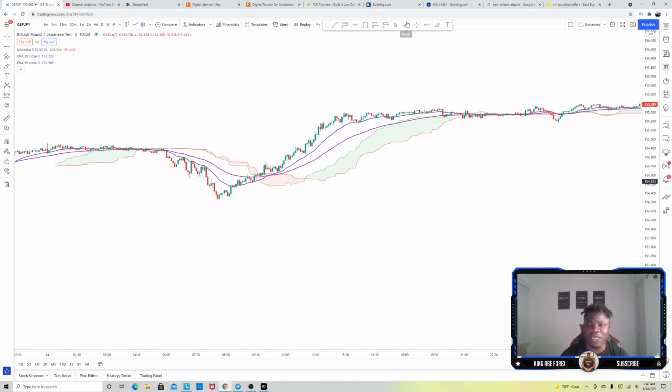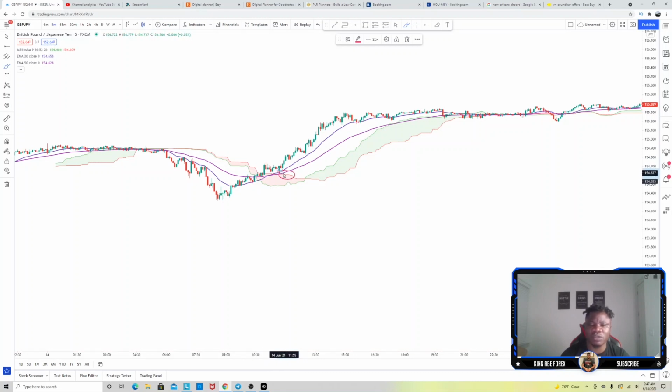Once we have that confirmation, because we need to make sure that price is actually trending before we get in the trade. Now once you have the cross, once the 20 crosses the 50 EMA, what we need to wait for is a pullback. We can see that we have that pullback right over here. Now where would your entry be? Now to get our entry,